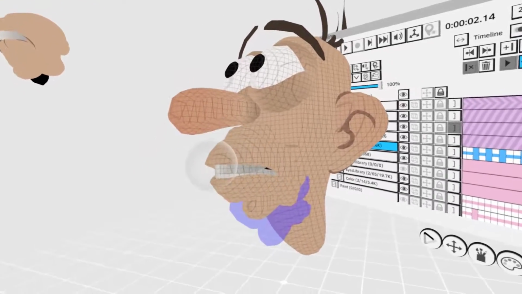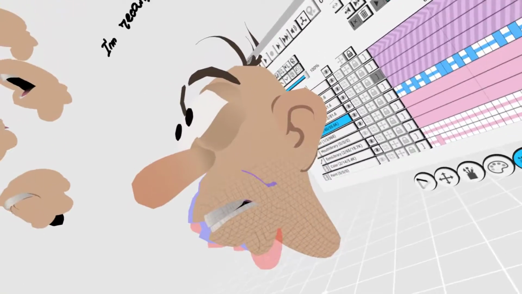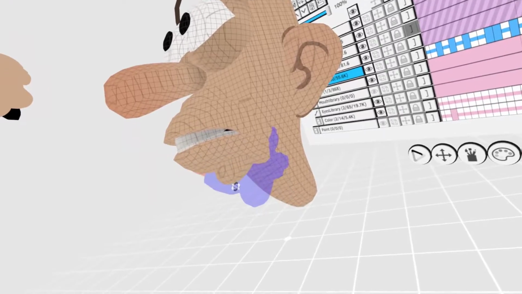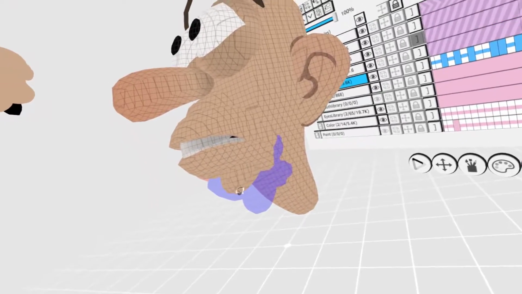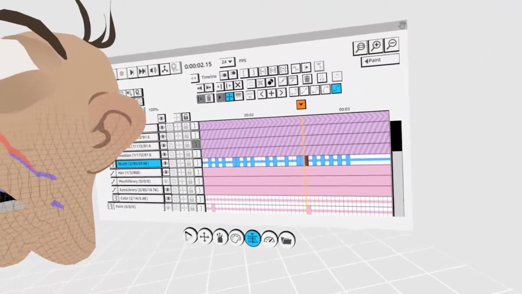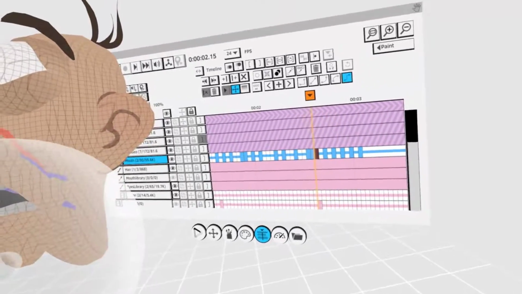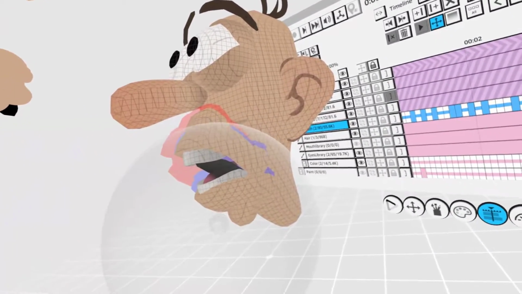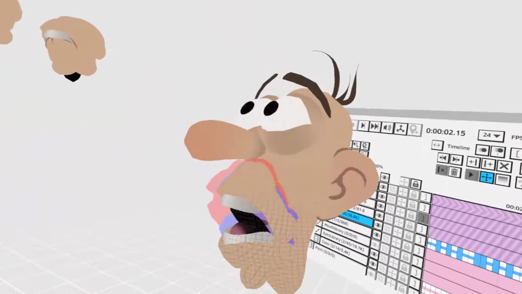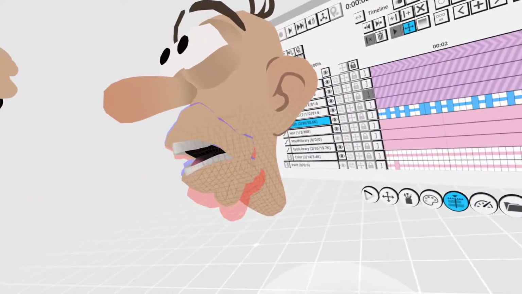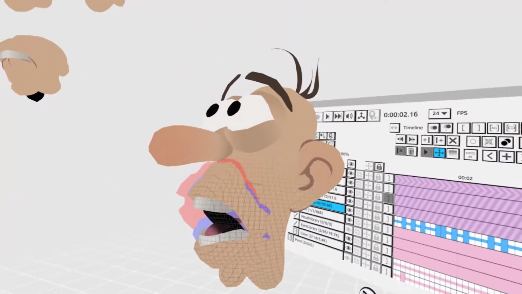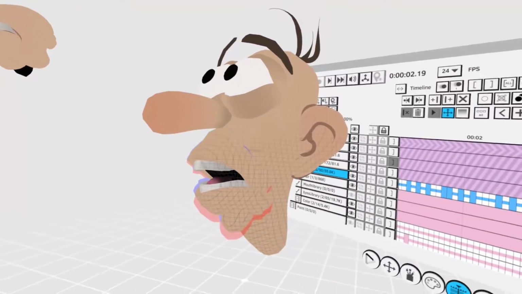We're talking only about mouth today. So I'm exaggerating this squash a little bit more. And then here we have the overshoot. So we're going to exaggerate this a little bit, and then overshoot and then come back to